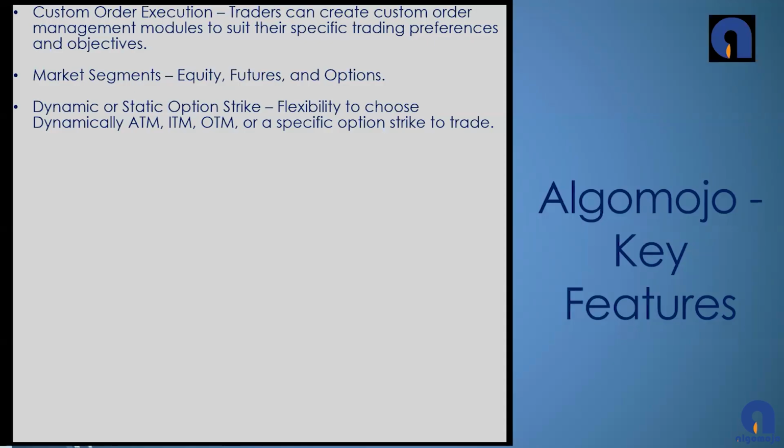We will look at whether you want to trade in OTM, ATM or ITM, pick up those strikes and place orders for you. You have the flexibility to choose up to 20 strikes in the money and 20 strikes out of the money. So whatever your selection is, based on the spot price at the time of signal generation, we will place orders